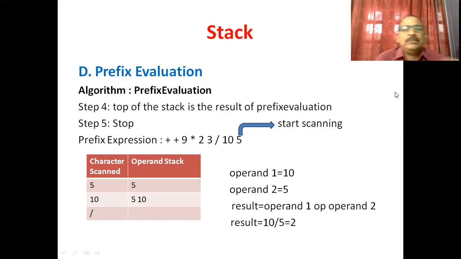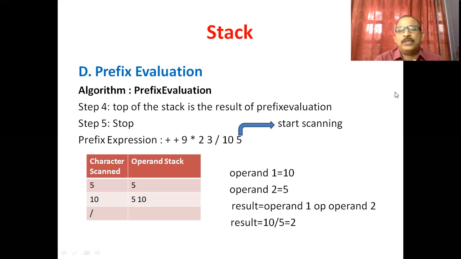So 5 is the operand, push onto the operand stack. 10 is the operand, push it on the operand stack. Next is the division operator. In this situation, we pop 2 elements from the operand stack. First popped item is stored into the operand 1. Second is stored in the operand 2.